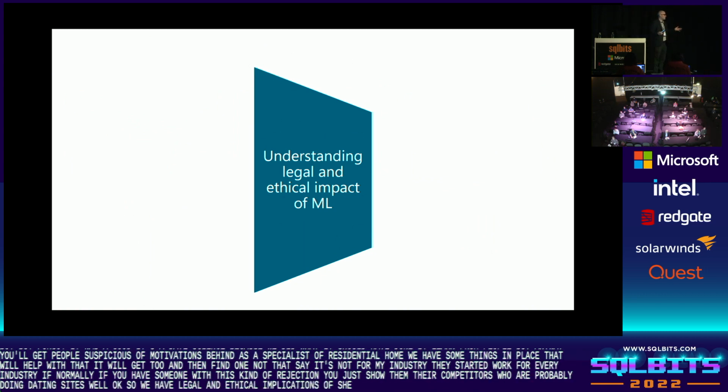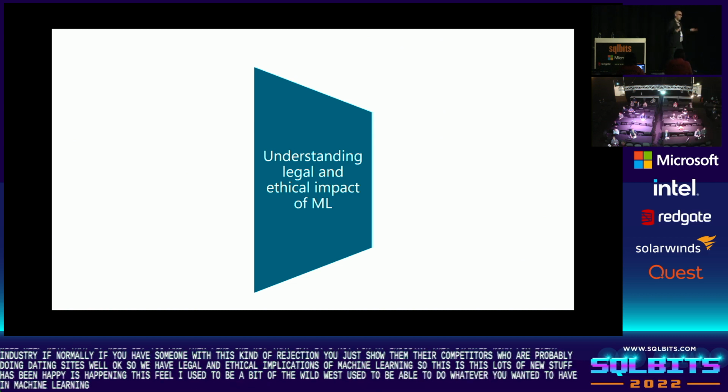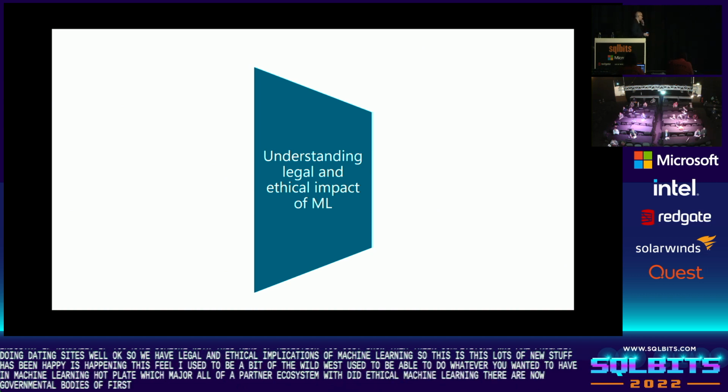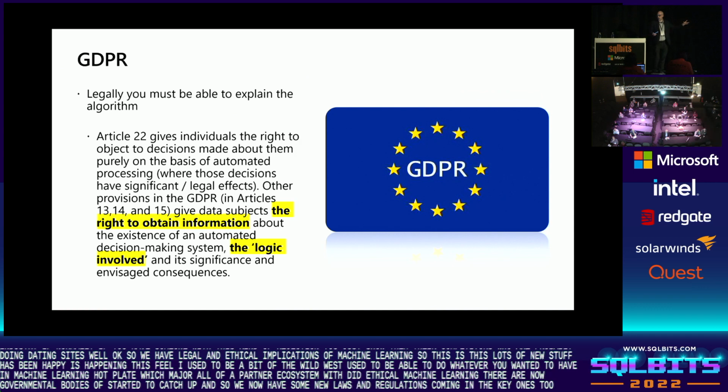So there's lots of new stuff that's happening in this field. It used to be a bit of the Wild West. You used to be able to do whatever you wanted within machine learning. We tried to control that. We set up some organizations. We set up the partner pledge, which made sure all of our partner ecosystem did ethical machine learning. Governmental bodies have now started to catch up, and so we have some new laws and regulations coming in. The key ones, let's skip over this one, the key ones to